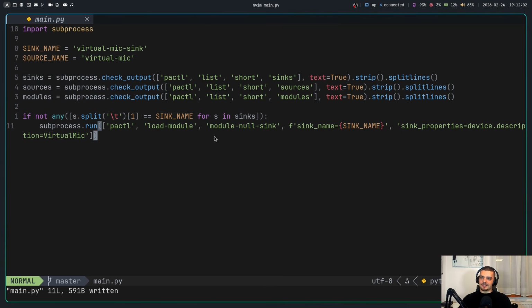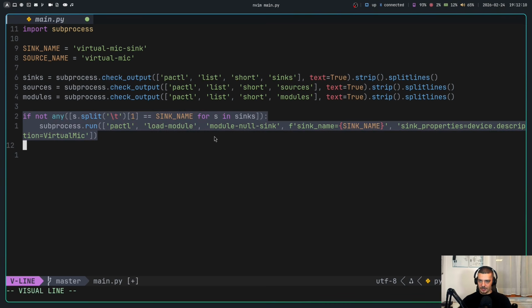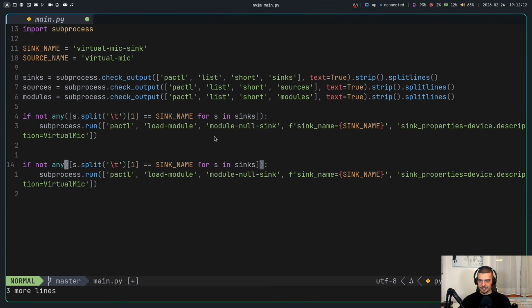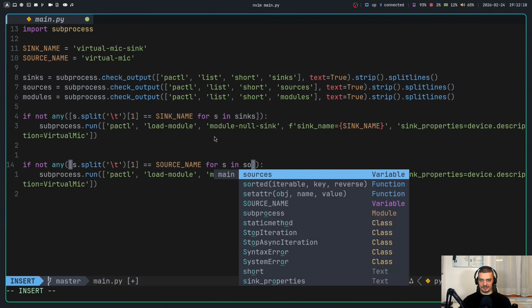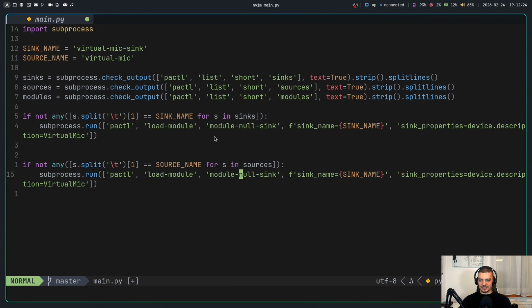So the next thing is we want to do the same thing for the virtual mic source. So actually we can even copy this and we can paste it down here. The difference here is that we say is equal to source name, and we need to say for s in sources. Besides that, we don't say module-null-sink, we say module-remap-source, and it's also not the sink name, it's going to be master is equal to, and then we need to use sink name again .monitor,